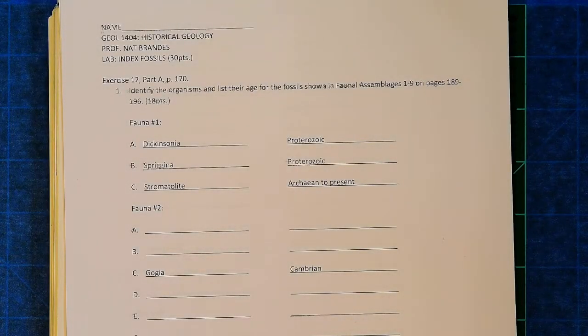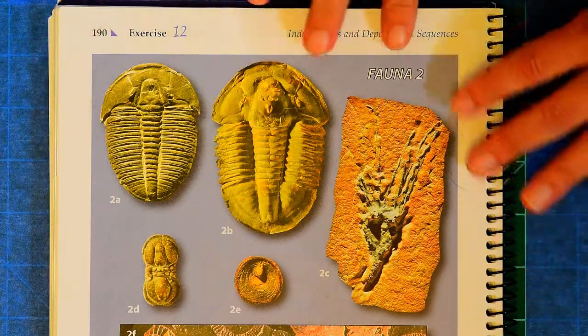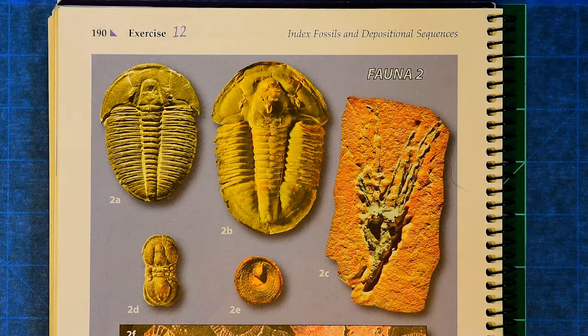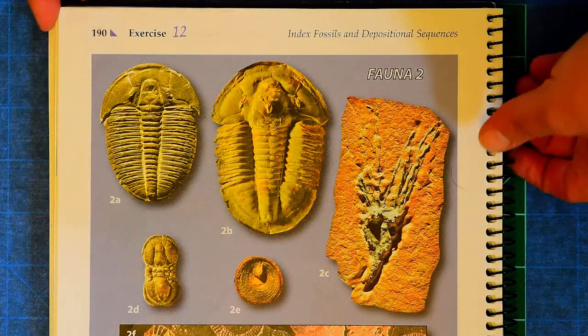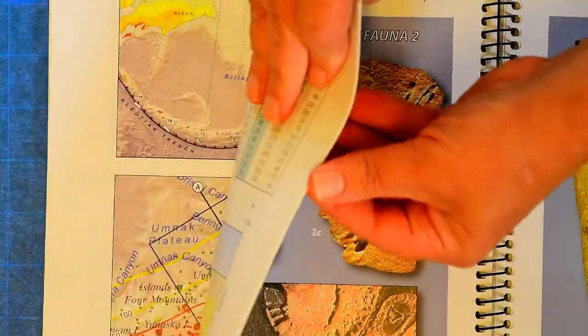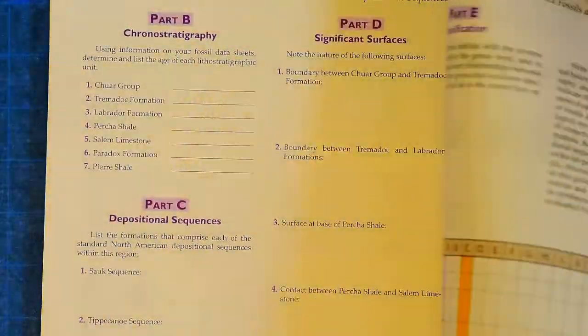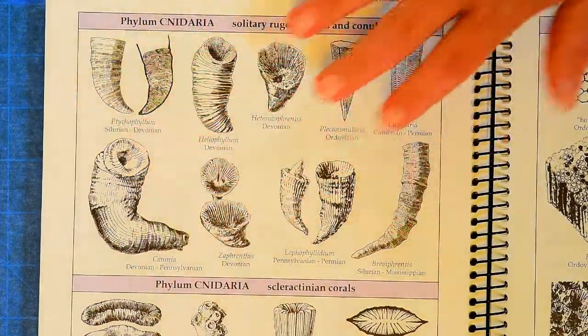Today's lab is using index fossils to help us interpret Earth's history. So these exercises are going to be from chapter 12 in your lab manual. In chapter 12, you're going to be given these fauna, which are just groups of organisms that were found in a rock formation. And then you will take these illustrations and use these identification charts provided to help you figure out what those